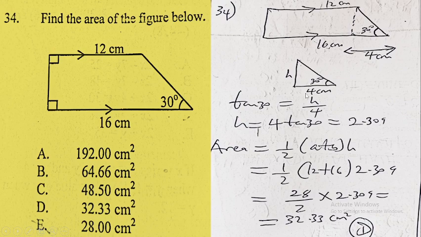Question number 34. Find the area of the figure below. The figure below is a trapezium, so we have to find the area of the trapezium. We know the two parallel sides, but we don't know the height of the trapezium. But we are given this angle, 30 degrees. So if I draw a straight line here, which is going to be the height of the trapezium,